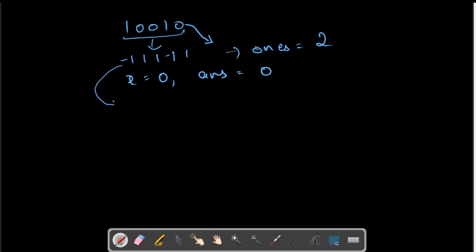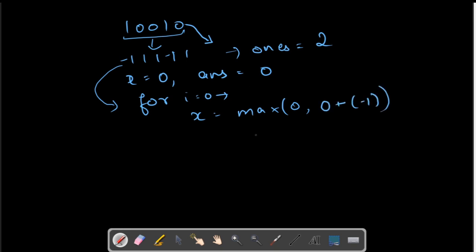Now if we run the loop, let's take I equal to 0 first. For I equal to 0, x will be either the maximum of 0 or our answer, which is 0, plus arr[i], which is minus 1 here. So we'll get either minus 1 or 0.